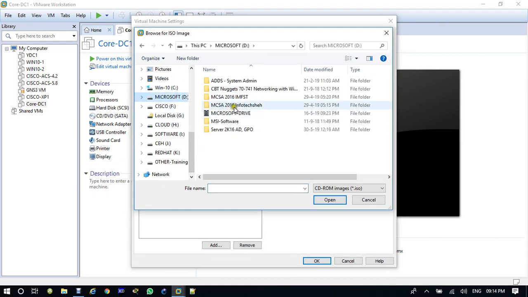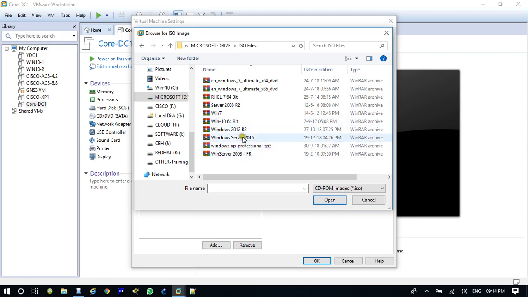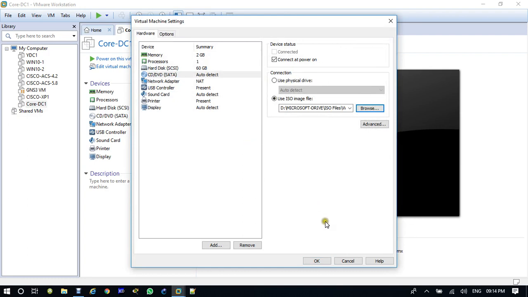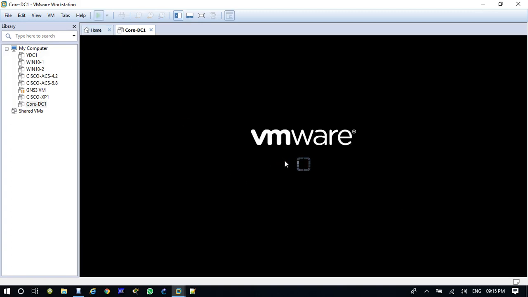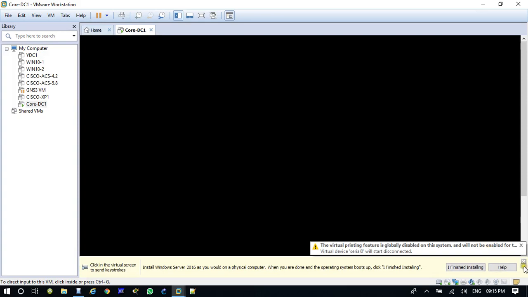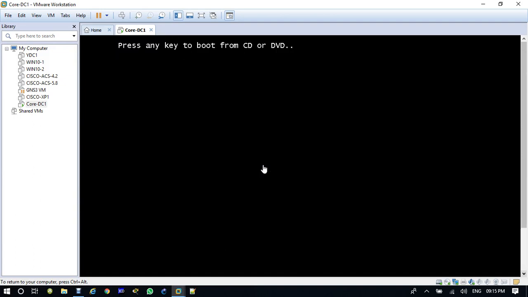So I'll come here, select the Microsoft Server 2016 ISO file, click OK, and then power on. Let's let the installation complete first.